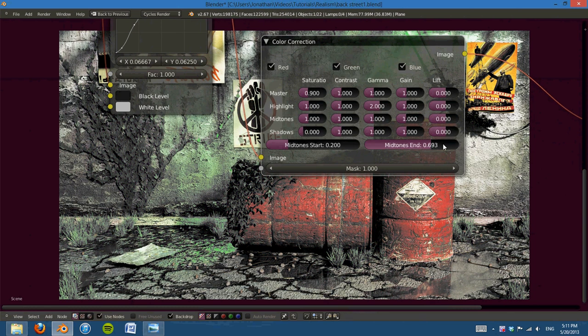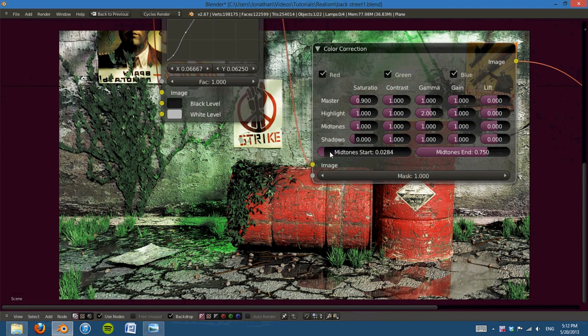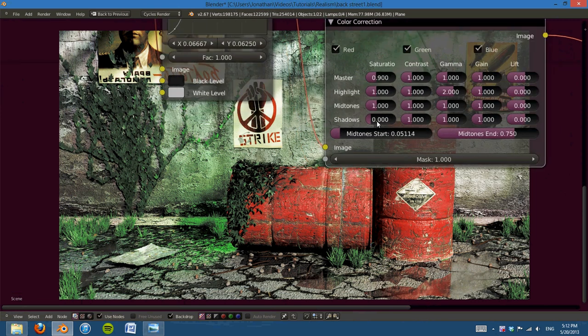Because I would assume that the midtones end would change where the shadows also end. Oh, there we go. I've changed the midtone start. That's what it was. Okay. So the shadows are only the very, very black areas. And changing the saturation of the shadows down really helps